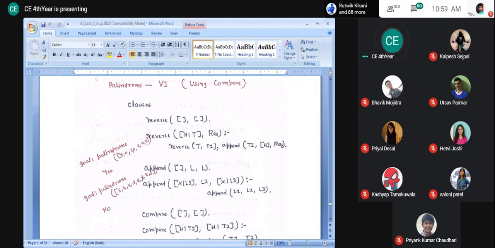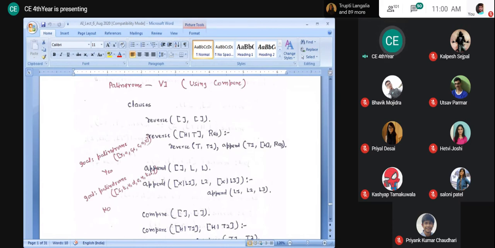So for compare we give two strings, and there is a matching of these strings character by character from the beginning. We take one character, the head of the first list,